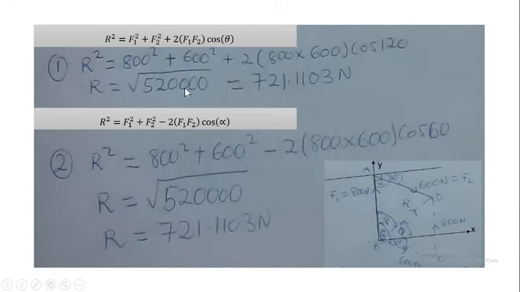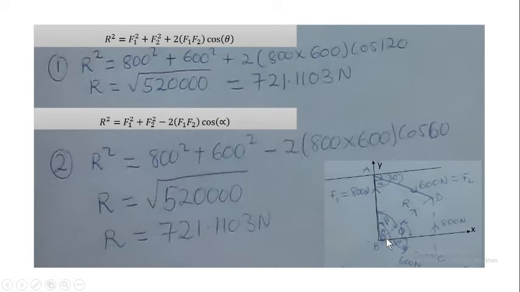And when you punch your calculator very well, you'll get r squared to be equal to 520,000. And then when you take the square root of both sides, you get the value of r to be equal to 721.1103 Newton, the magnitude of both the F1 and the F2 force. Or when you don't want to use the angle cos,